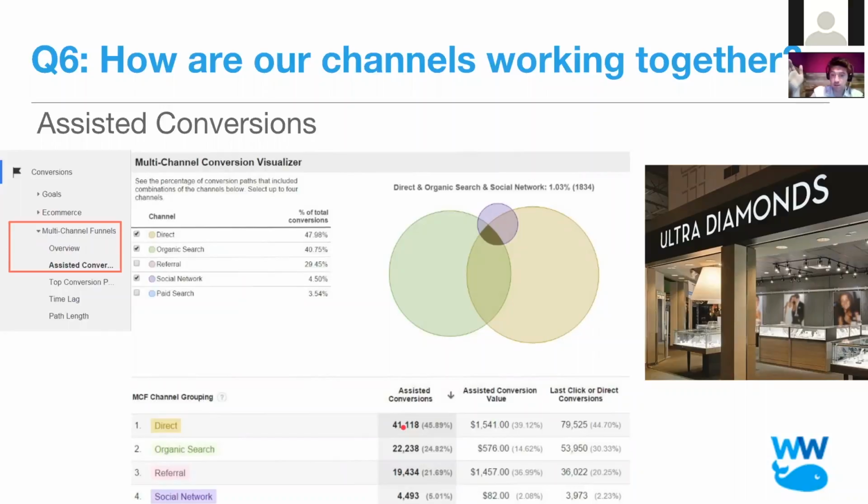So the assisted conversions are just: did you have a touch anywhere along the way? You toss that in and aggregate it all up. And then you have the last click direct conversions, which are conversions that are not assisted. You can really go to town, though, in terms of weighting first click a little bit more and another touch a little bit less. Just to simplify it in here, we have it all equally weighted. So if you are a ninja, go in there and just have at it.